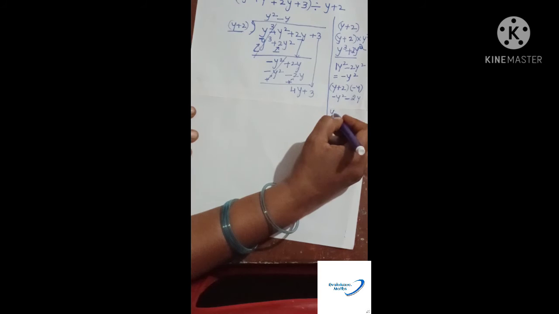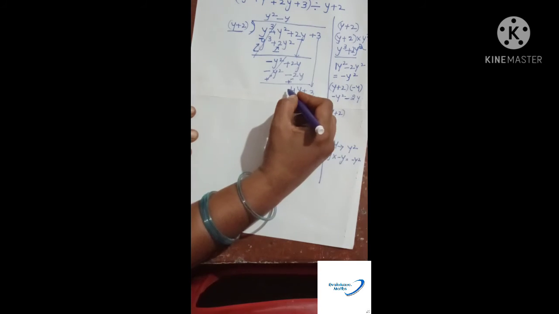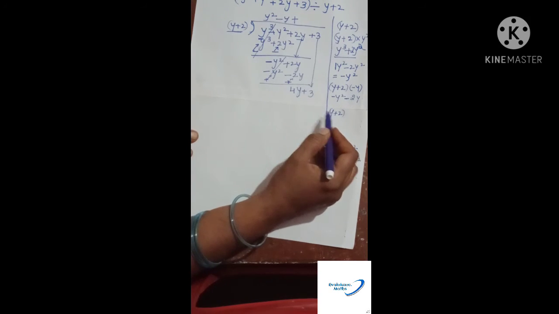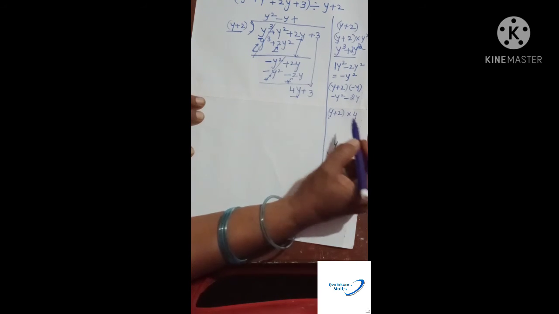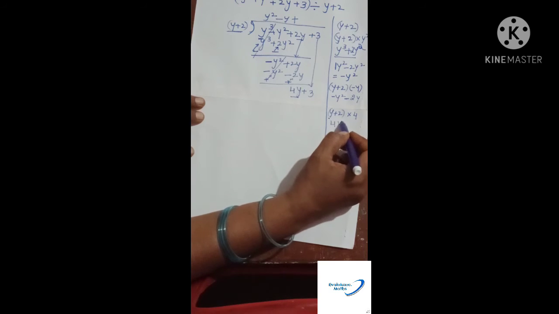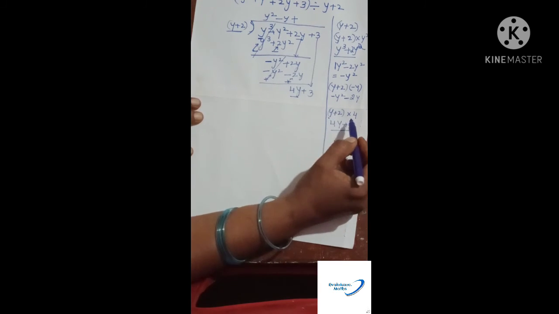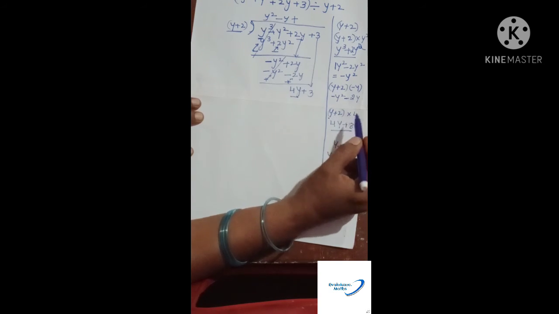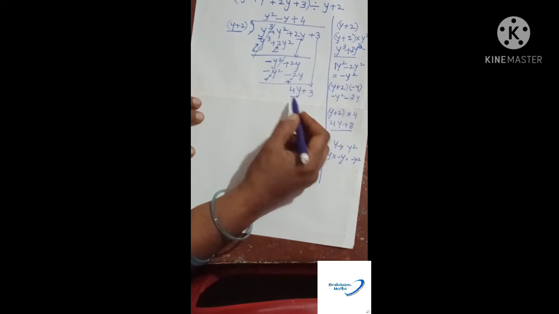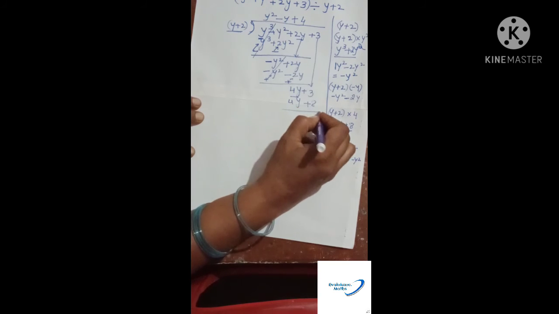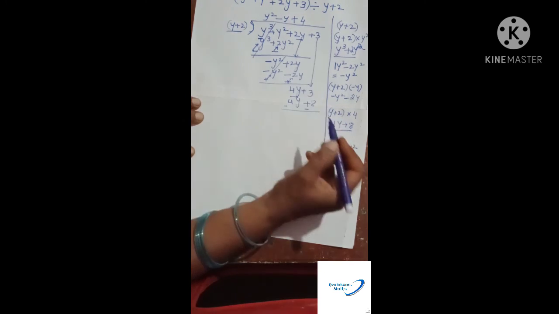What to do here, just write once again y plus 2 here. What do you want, no worry about the sign, just put a plus sign here. Okay, then you have here 4y and we have y. So just multiply this one with 4. What happens here? Y into 4, 4y, plus 2 into 4, 2 4s are 8. This is the expression you are getting after multiplying y plus 2 with 4. So we have multiplied this divisor with 4 to fulfill what we want, 4y plus 8.